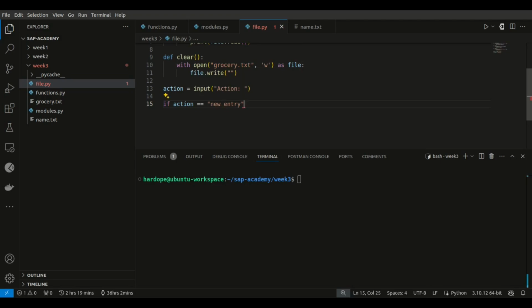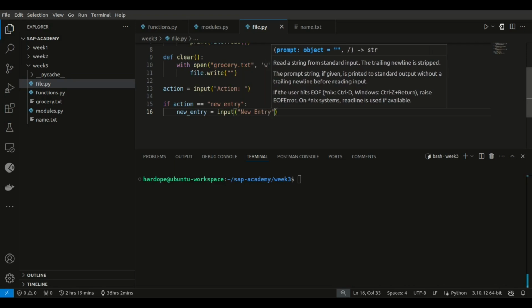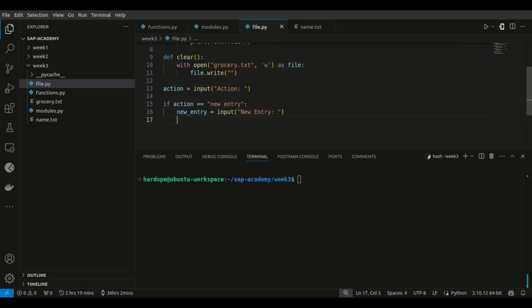If action equals new entry, we want to get new input for the new entry. So let's say new entry equals input new entry, then we want to write new entry. But else, if the action is not new entry, then we want to check